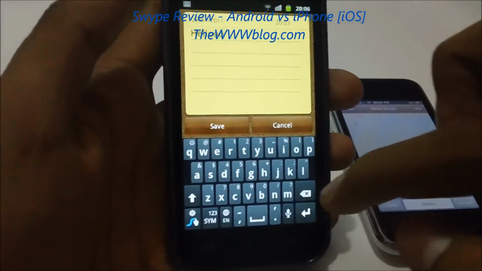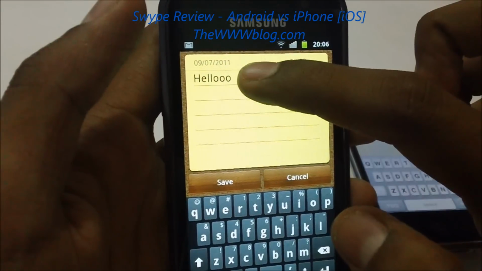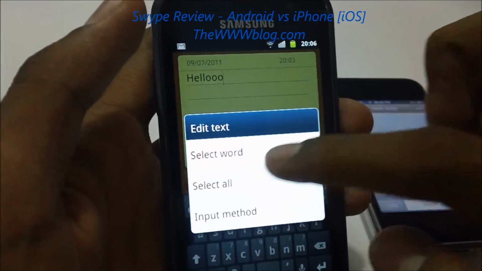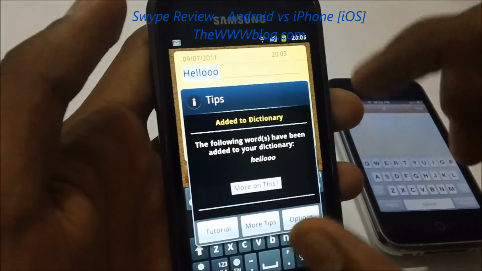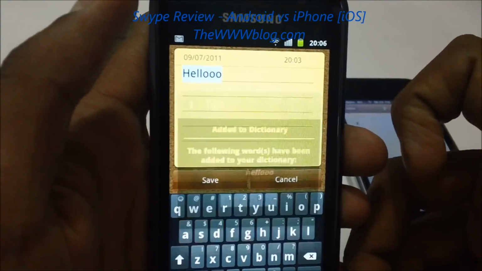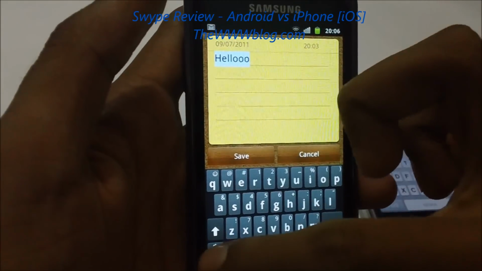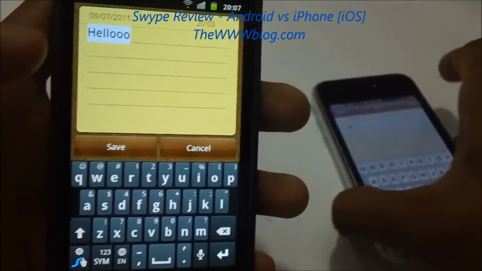Like if you see some word like hello with three O's, you have to just select the text and hit the swipe key, so it would add this to your dictionary if it wasn't in the dictionary. And if you want to remove it, just hit the same thing again and you would see the delete option. There's nothing like that in iOS right now.